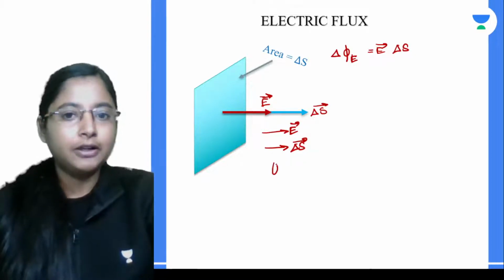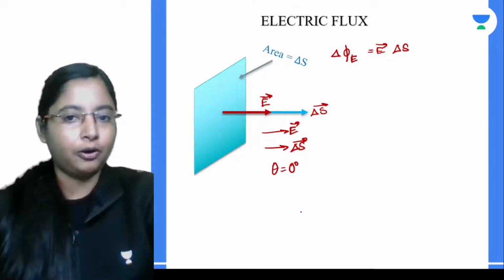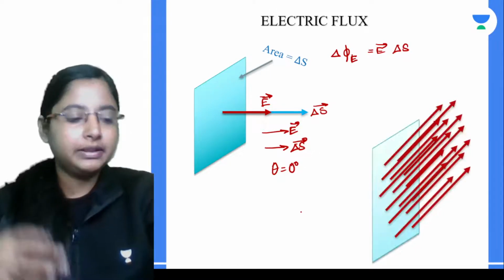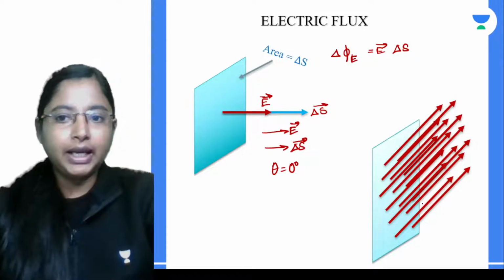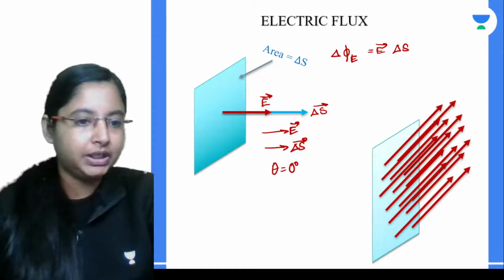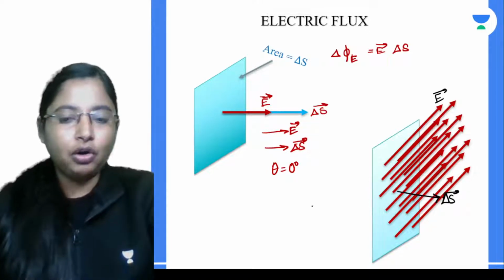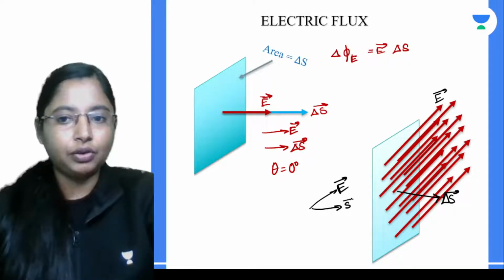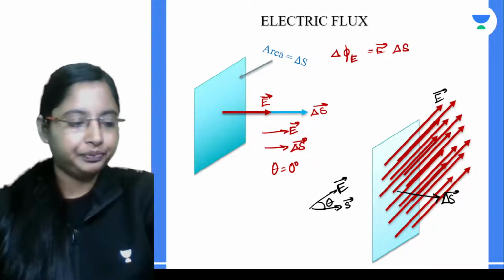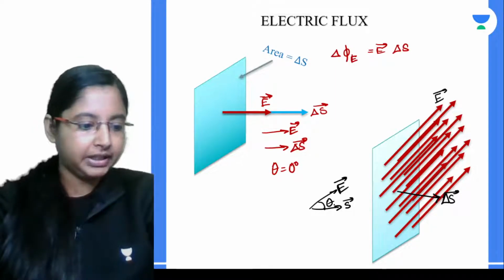Now if you see over here, the electric field vector as well as the area vector are parallel to each other, so the angle between them is 0, but that won't be the case most of the time. If you take an area, there is a complete possibility that the area vector is perpendicular in this direction, but look at the direction of the electric field. With respect to the area vector, there is an angle between them. In such a case,